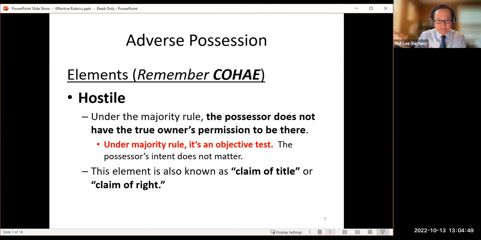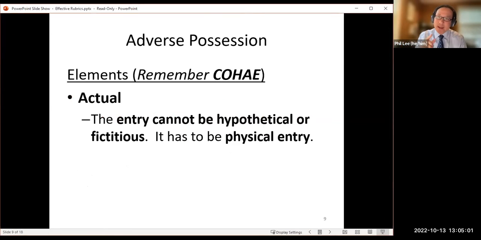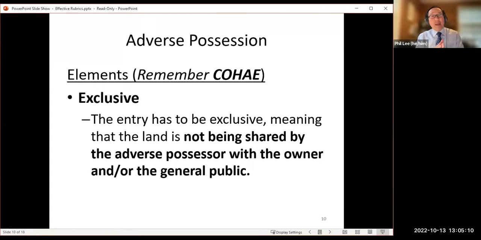Next slide. There are actually 3 different possibilities for the hostility rule, the H under COHE. This is a slide my students see. Next slide. The A, the penultimate element of COHE, is actual. Here's the definition. Okay, next slide. And finally, we have exclusive possession, the final element of adverse possession. Here is the rule that I present in class. And so